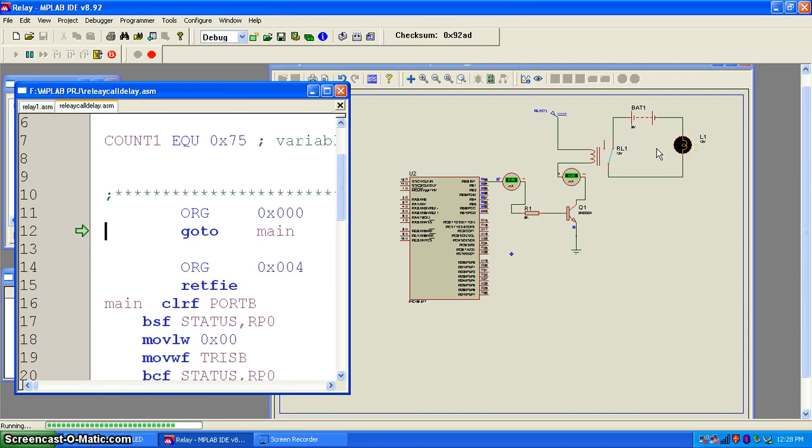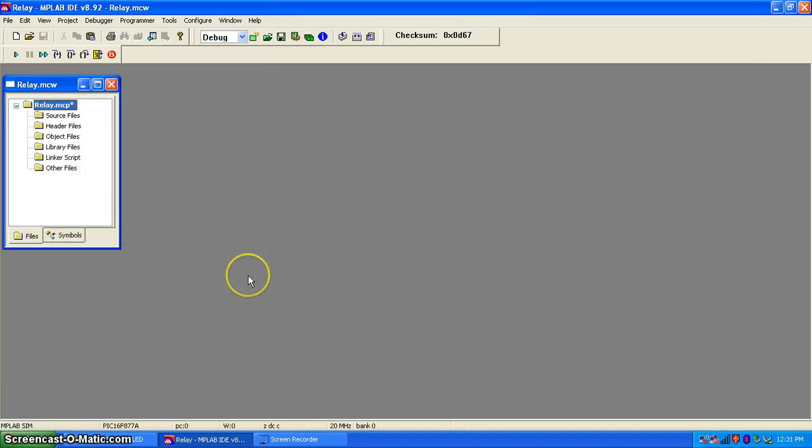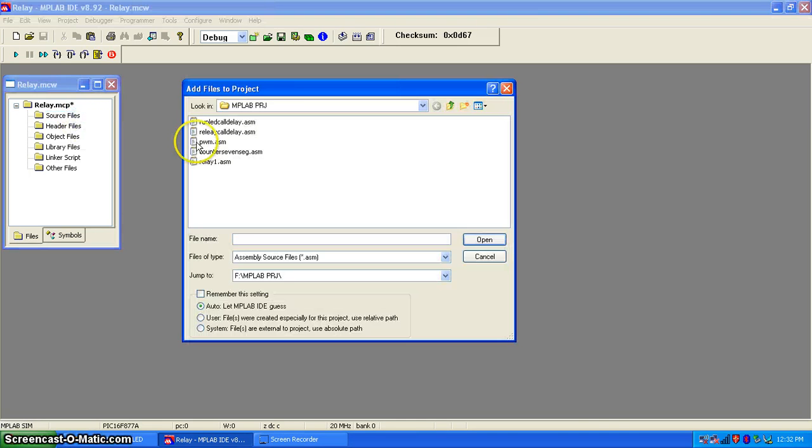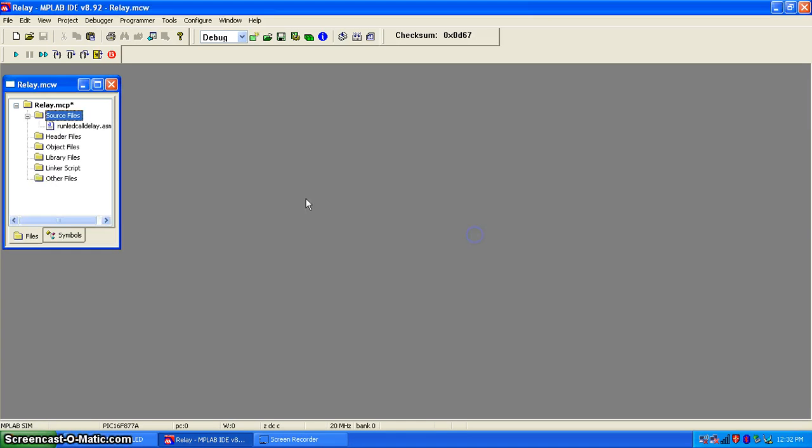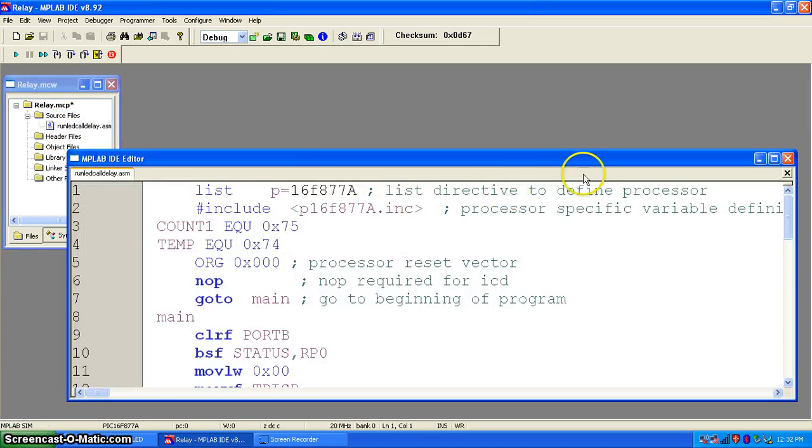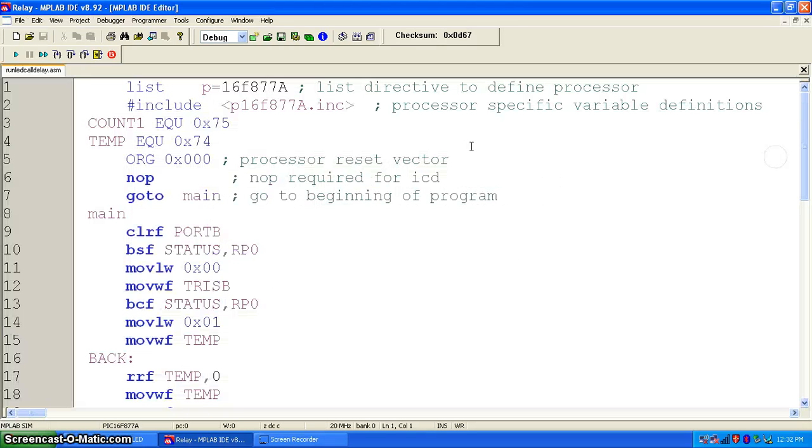circuit. Now let us go for another code which is used for interfacing a LED bar graph. For my convenience I am using the same project, though practically you should have a separate project. So here I add a file for running LED. Now that I have added this file, let us quickly go through the program for running LED. This is the ASM file for running LED,